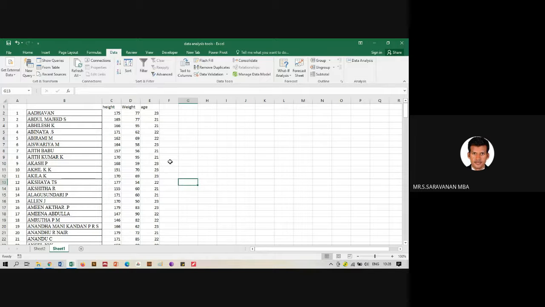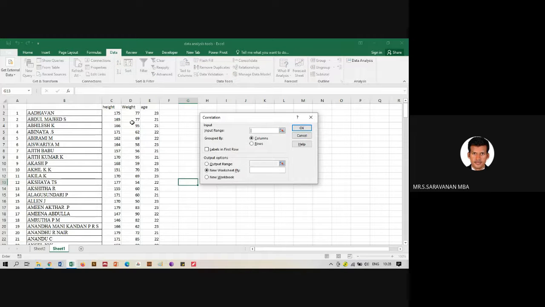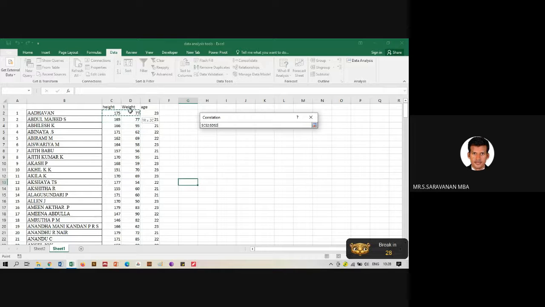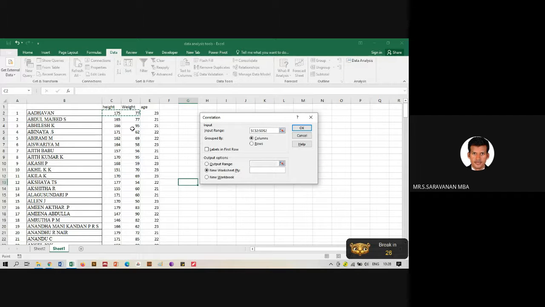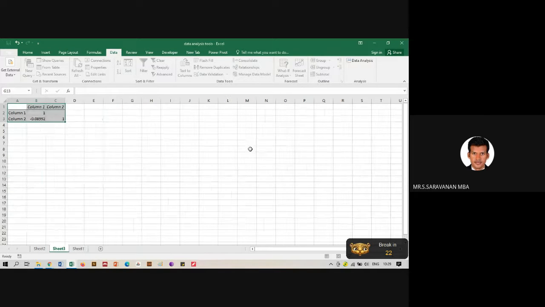Let's talk about height and weight. You want to compare height and weight. Let's go for correlation. Click OK. Data input. Click OK. So we have a correlation.